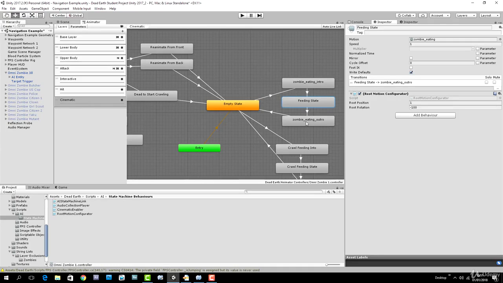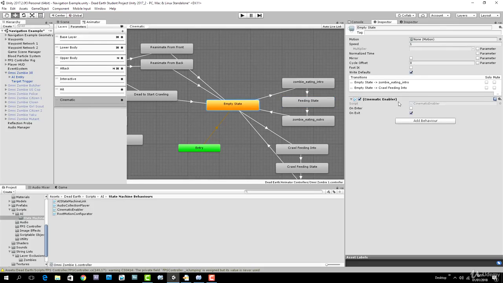What we need is something that can do this for all of the layers. So we want to take this system and expand it. So instead of having a cinematic enabler script, why don't we just have a layer enabler or layer activator script? And in our AI state machine, instead of having a single boolean to keep track of whether the cinematic layer is enabled or not, why don't we have a list of booleans, or even better, a dictionary of booleans that are keyed on layer name,